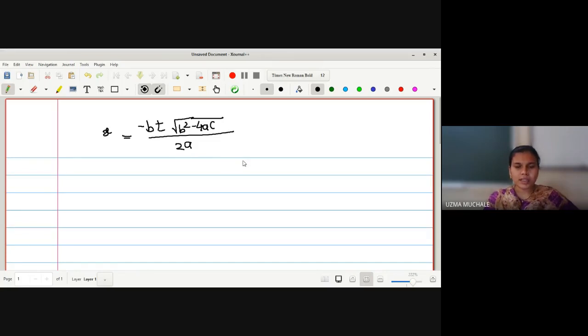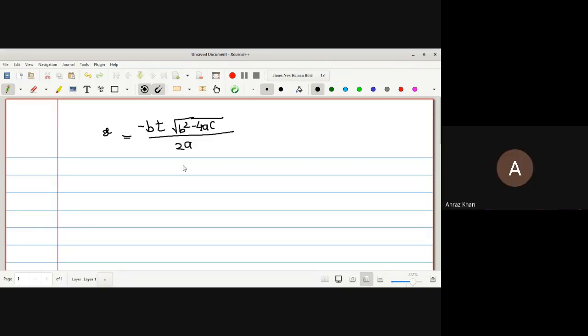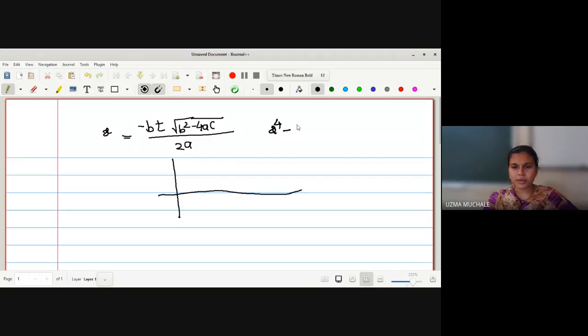Another one is the synthetic method. If it is not a quadratic equation, does anyone remember the synthetic method? Ma'am, you first choose some value, put it in and check if it is giving zero. Suppose it is x raised to 4 minus 5 x raised to 3 plus x square minus 2x plus 10 equal to 0. Now if I want to find the roots of this equation, we are going to use a trial and error method.